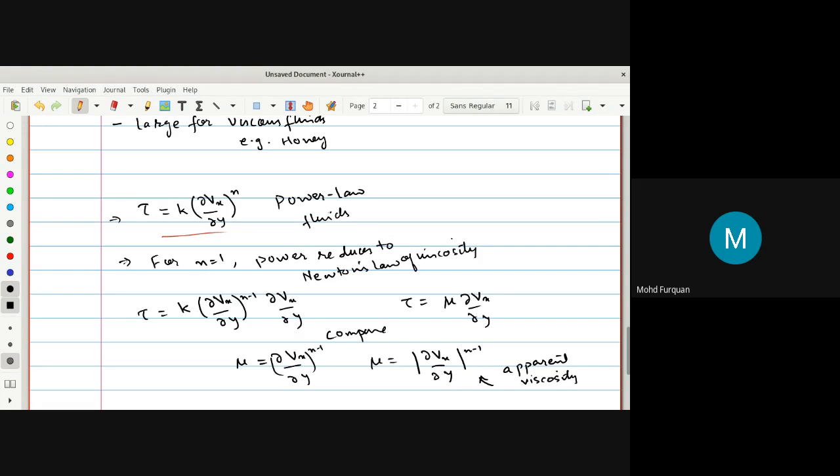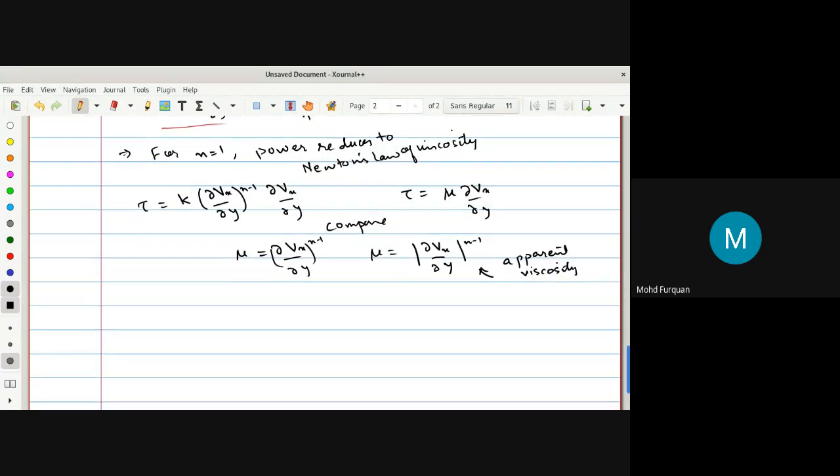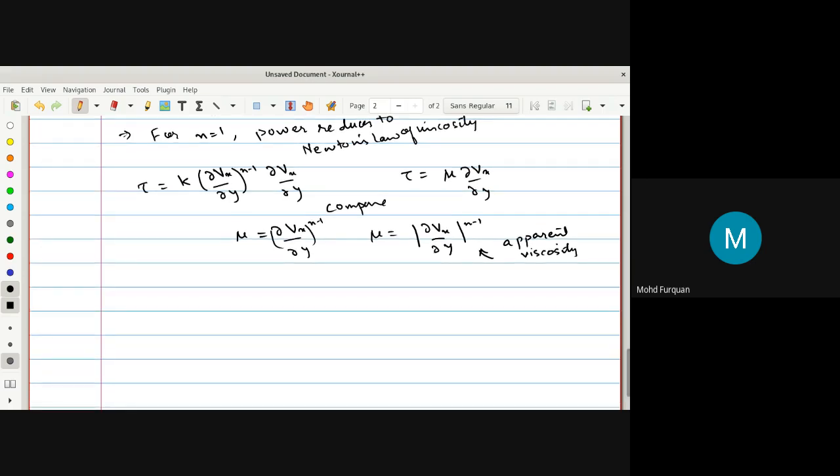Of course, this is not constant. Mu for Newtonian fluids is constant. For non-Newtonian fluids, you can think of them as those fluids which have mu that varies with strain rate del Vx over del y. So mu is a function of del Vx over del y. So depending on the value of n, so maybe